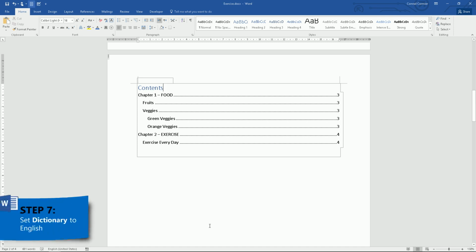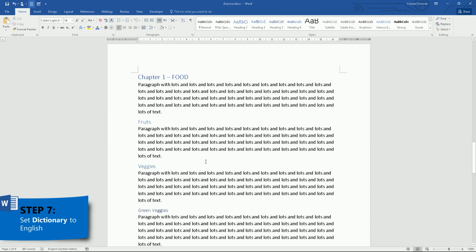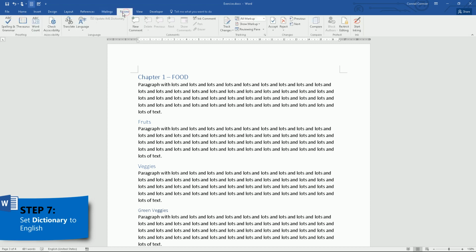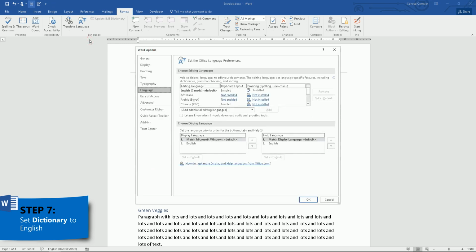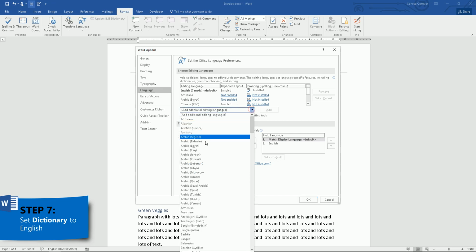Step 7, set your dictionary to English. Okay, so if your operating system or Word version is not English, then this step is for you. So first, go to Review, Language, Language Preferences. This is where you can see which languages are currently installed in your computer. So if you see English, great. If you don't, you just have to add. Okay, so go find English,